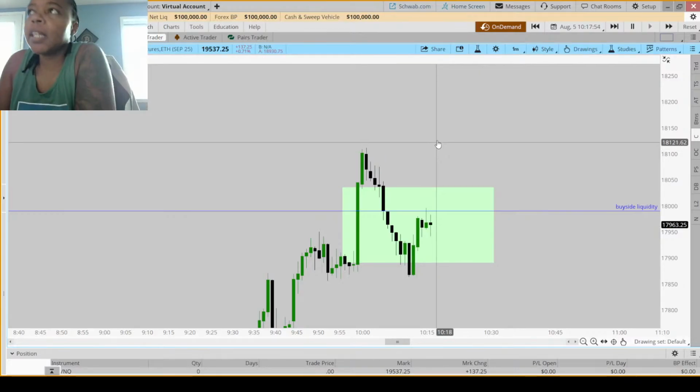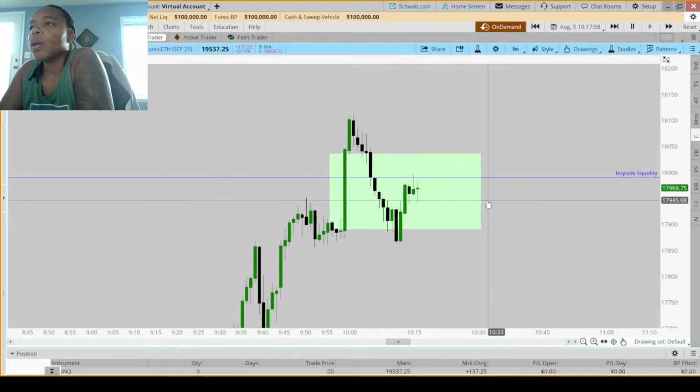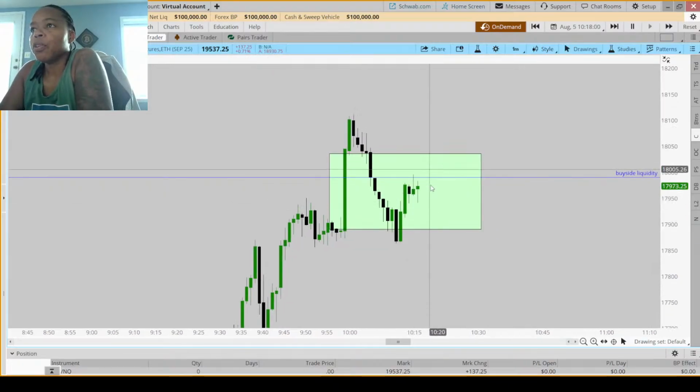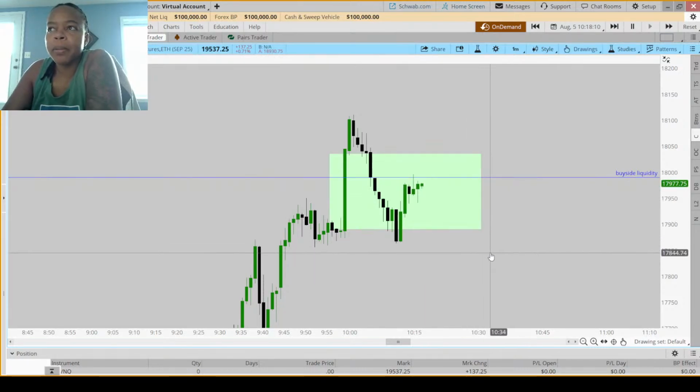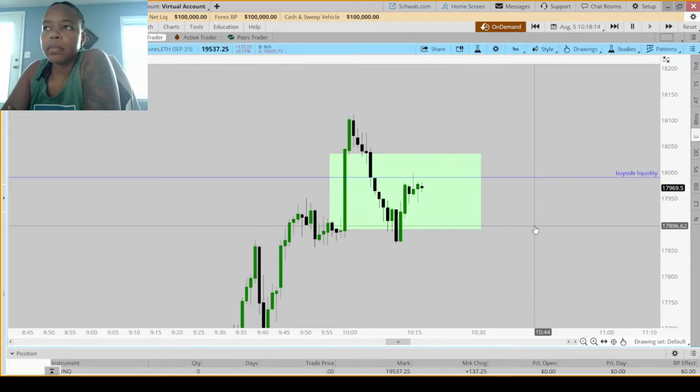Okay, so we're backtesting. This is August 5th, 2024. We're on the 1 minute. What I want to see right now for a short is for them to reject this space right here. They tapped into this, rejected. I need them to drop. If they're not going to do that, they're probably going to go back up further. So I'm waiting to see.